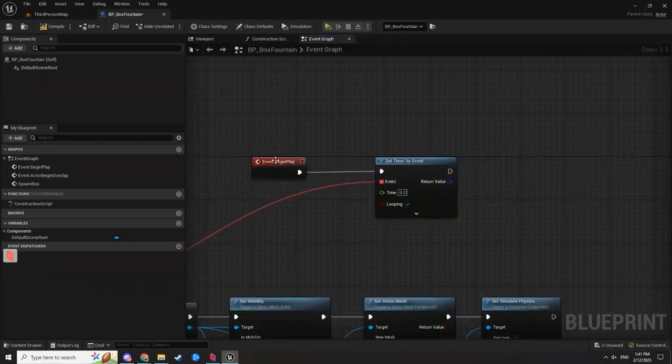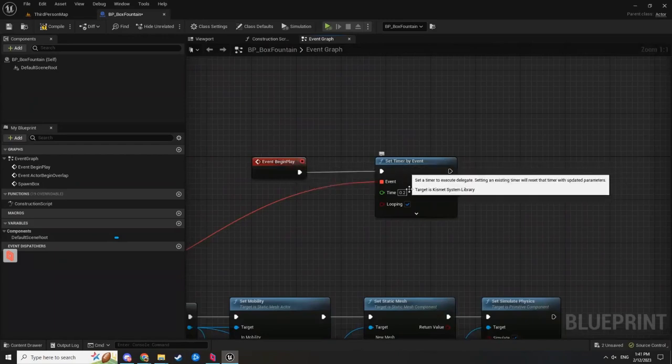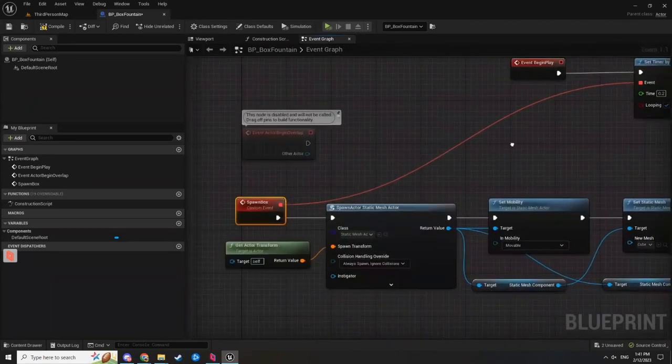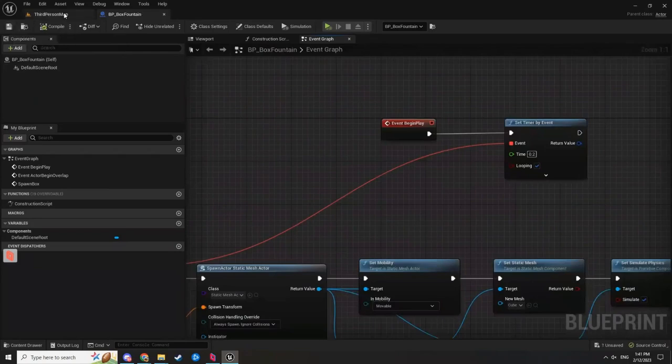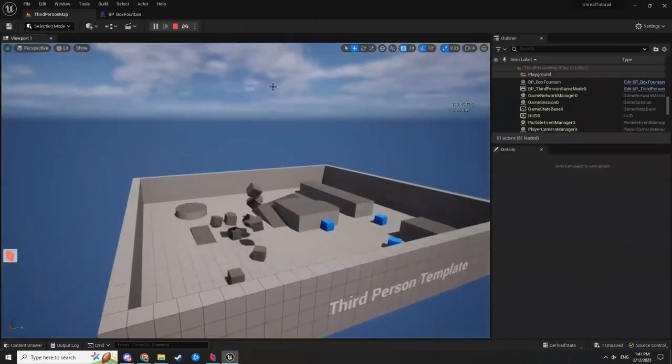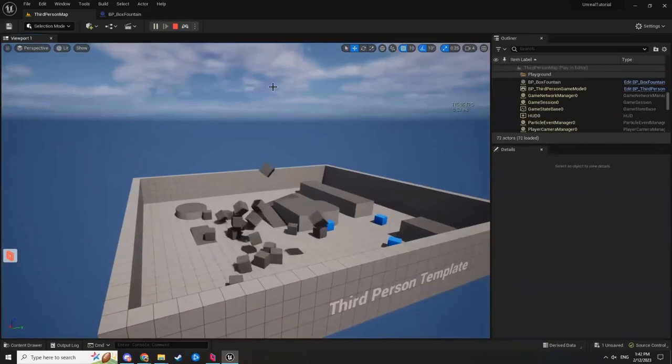So when we begin play, this event is called when the actor enters the scene the first time. It's going to start this timer that is looping every 0.2 seconds, and every time it finishes, it'll run this event. So let's see what happens when we do that. It's still spawning cubes, but it's a little slower. It's only every 0.2 seconds instead of every